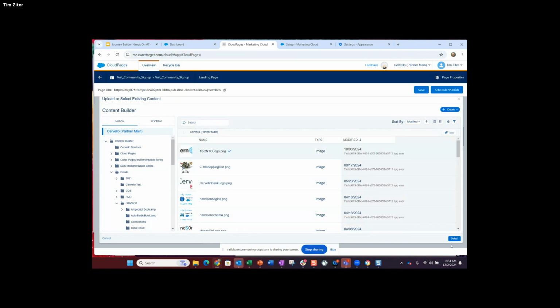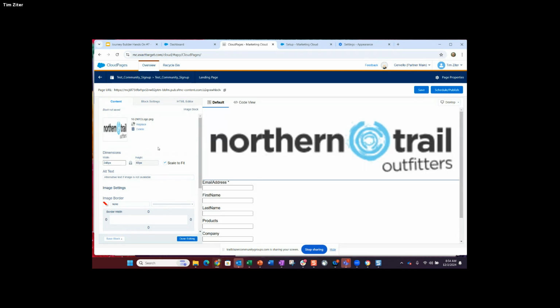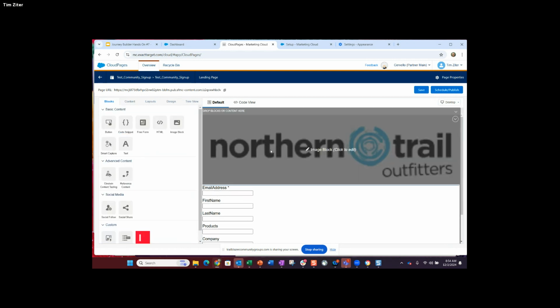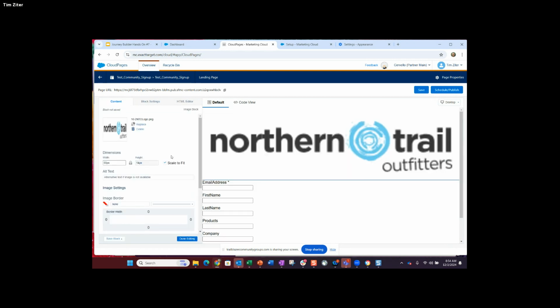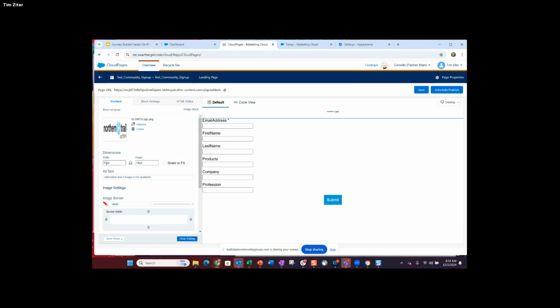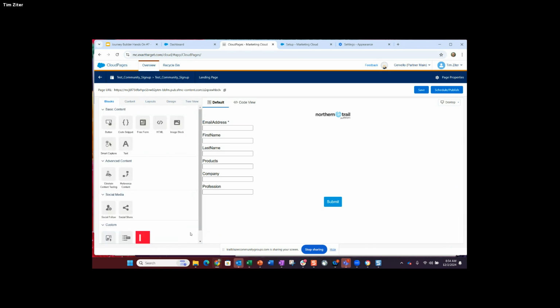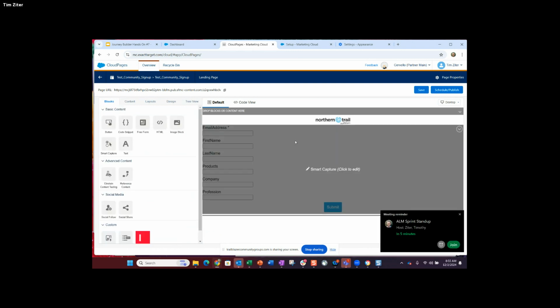We'll use Northern Trail Outfitters. Again, we can modify that size. Let's say we make that 50. Let's make that a little bit bigger. There we go.